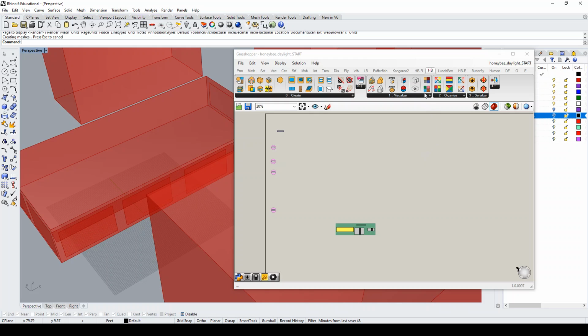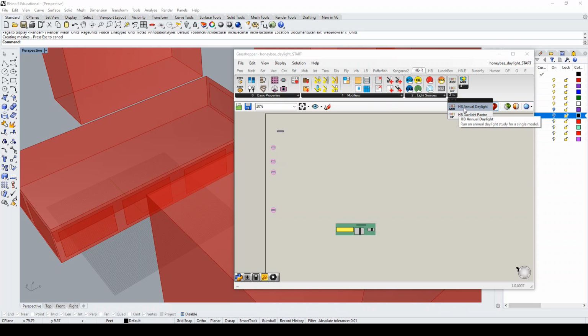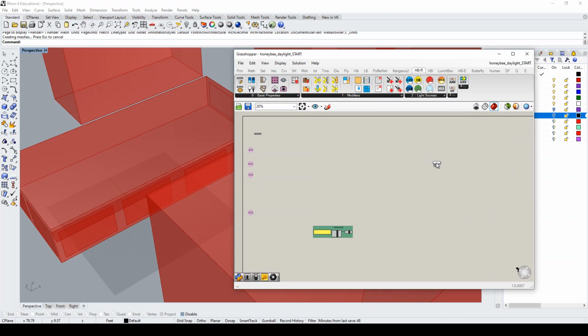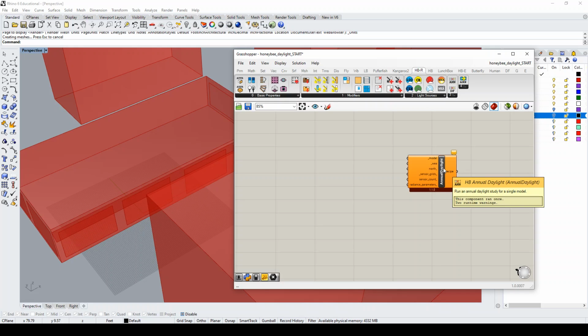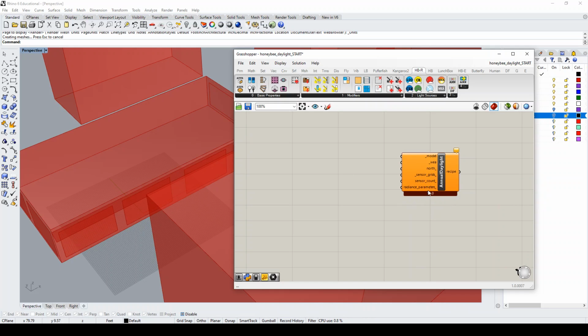So typically, when we're working in Grasshopper with visual programming, you're often working a little bit backwards, so that's what I'm going to do to start with. We're going to be looking at this Honeybee annual daylight tool, and we'll rough out the workflow as we go. The tools within the Ladybug Honeybee suite are all really well documented: when you hover over these things, they tell you what they are expecting and what's required. In this case, the main thing that we need is a model. So there's a Honeybee model